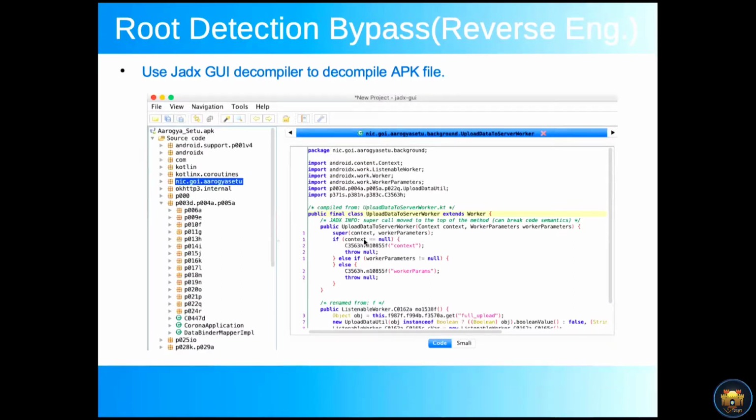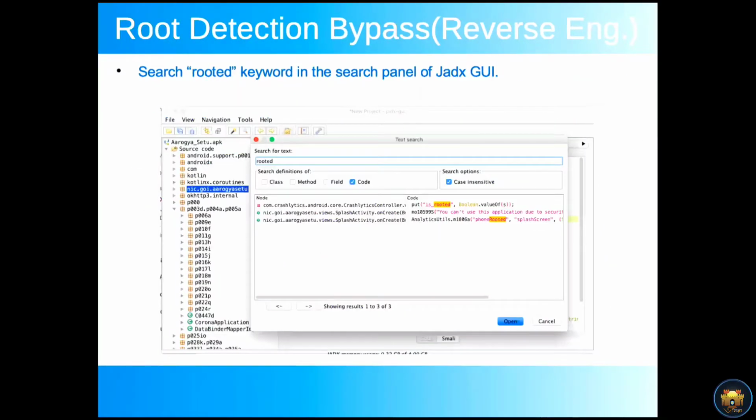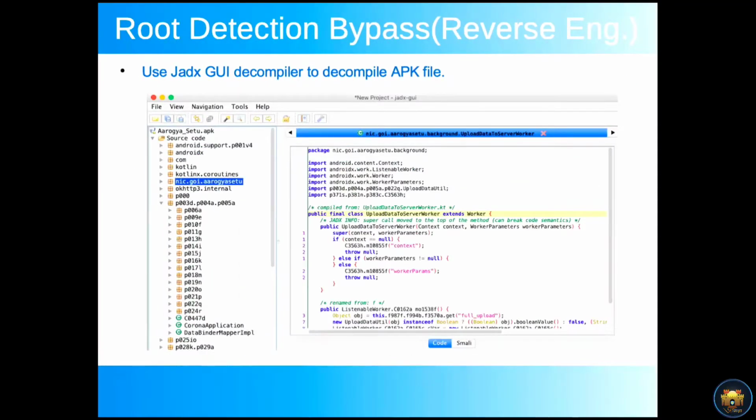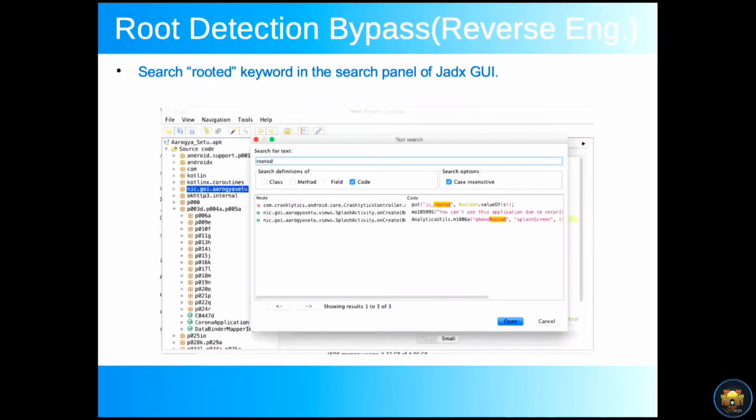Next, there is a search interface in JADX GUI. You can search for whatever string you want. I have just searched for rooted. After searching, I got three results where the rooted string is found.